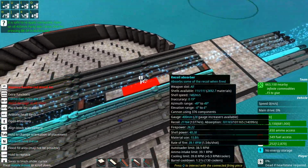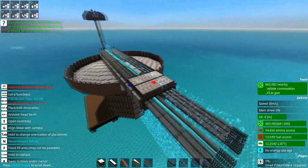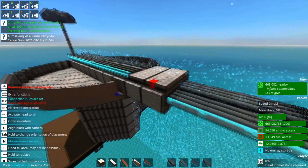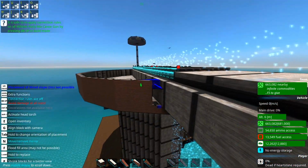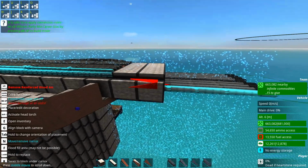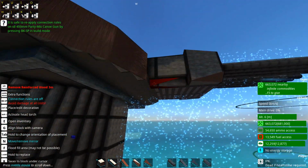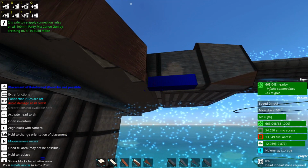And it turns out, if you want to make a big nasty wooden thing, step 1 is don't use standard wood, you fool, because standard wood is basically cardboard. Would you bring a wooden sword to a gunfight? I don't think so. And this is one of the reasons why just making the turret cap for this darn thing